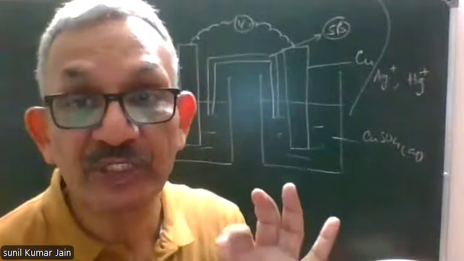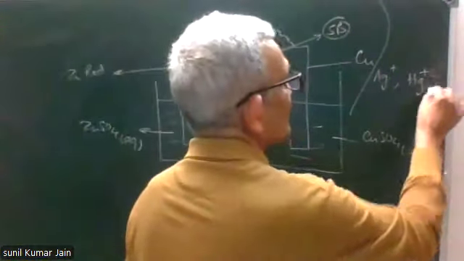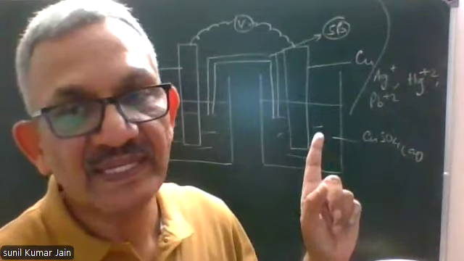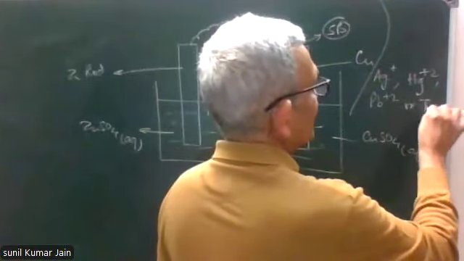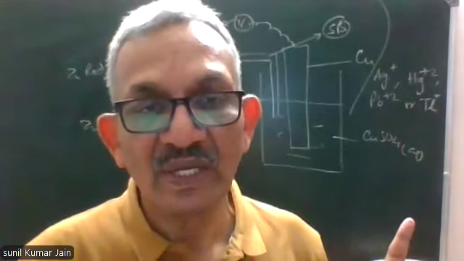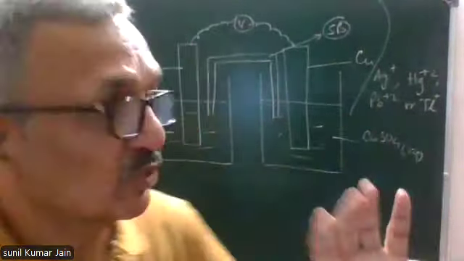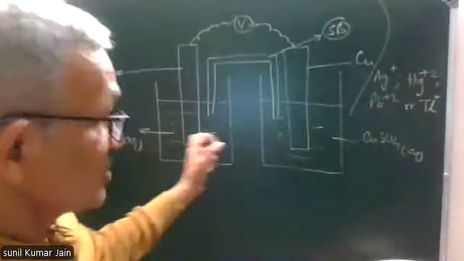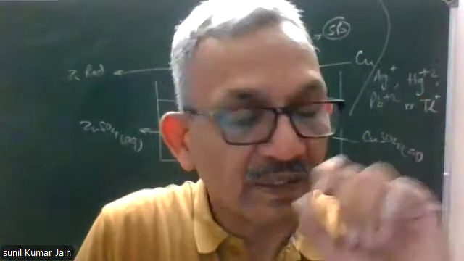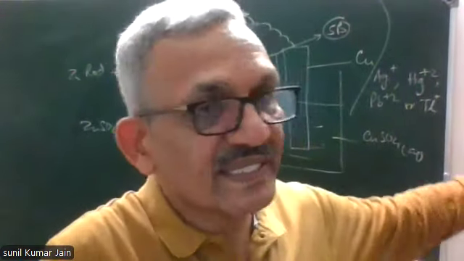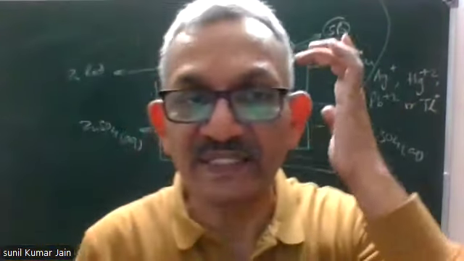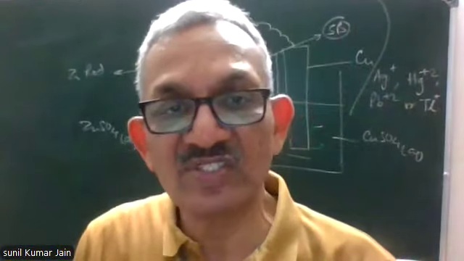I'll repeat: KCl should not be used in making the salt bridge if any of these ions are present in the cell,